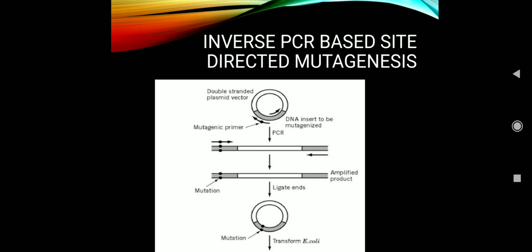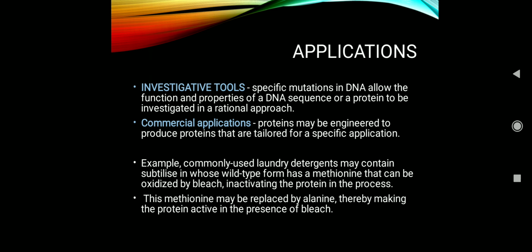So we are going to take only the mutated DNA, which will be checked under agarose gel electrophoresis, and we will then allow it to self-ligate. The linear DNA will then be ligated. After ligation, it is transformed into E. coli cells, where these E. coli cells are going to carry the mutated DNA, and then the E. coli cells are screened by sequencing. This is how inverse PCR based site directed mutagenesis is carried out. So in all of these methods, at a specific site in the gene of interest, we carry out the mutation. That is why it is called site directed mutagenesis.